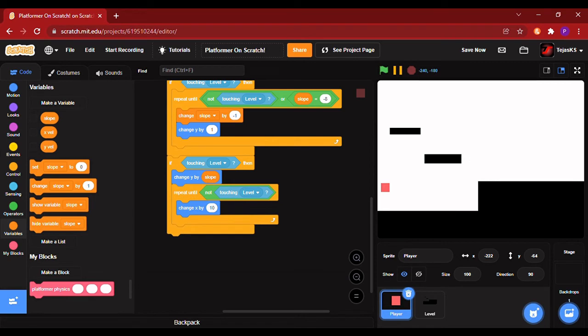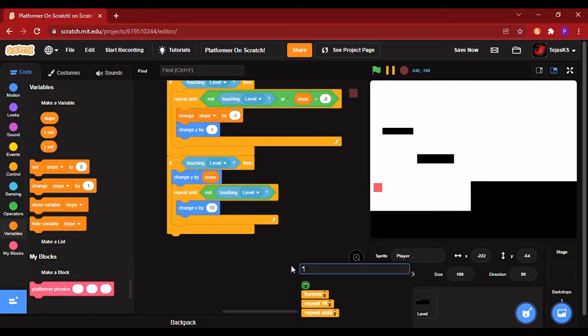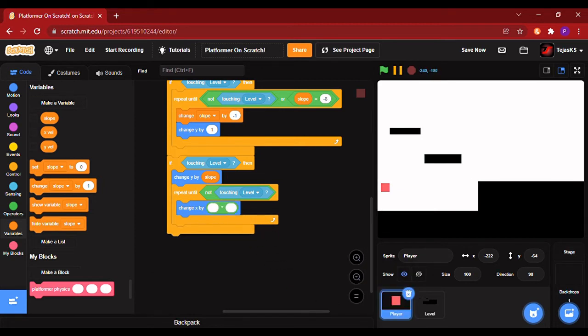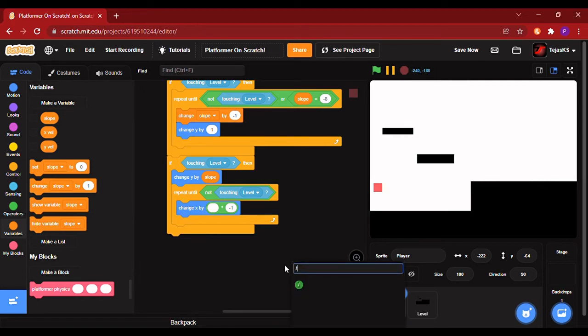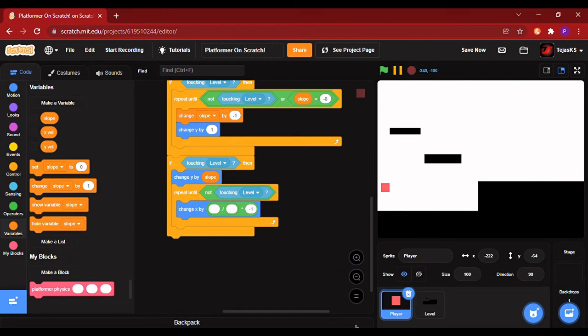Now here will be a complex code, which is firstly put a multiplication block. After that, over here put -1, and then get a divided by sign. Divided by sign.